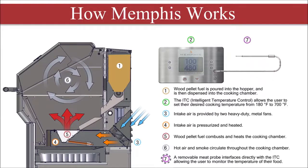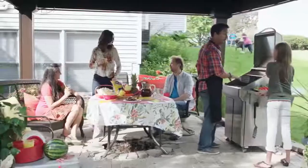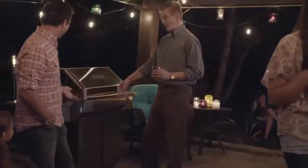The digital food probe measures the internal temperature of your food, ensuring that your masterpiece is done to perfection. And there you have it. Amaze your friends, family, and neighbors with the taste difference on